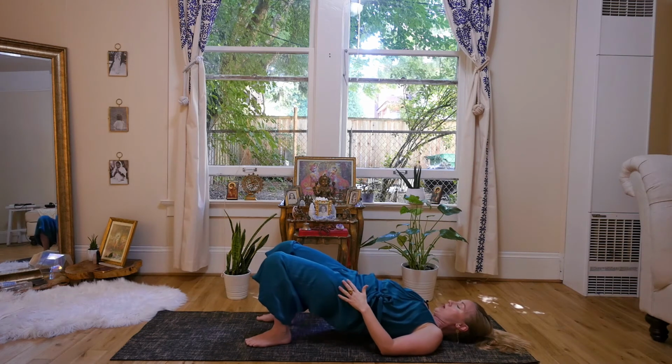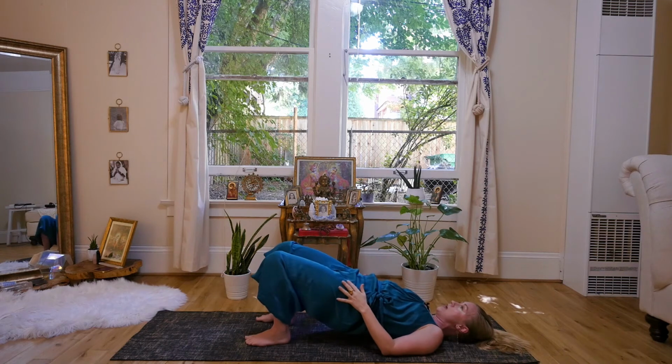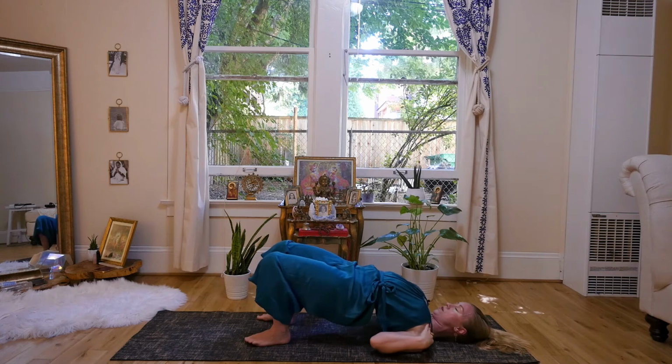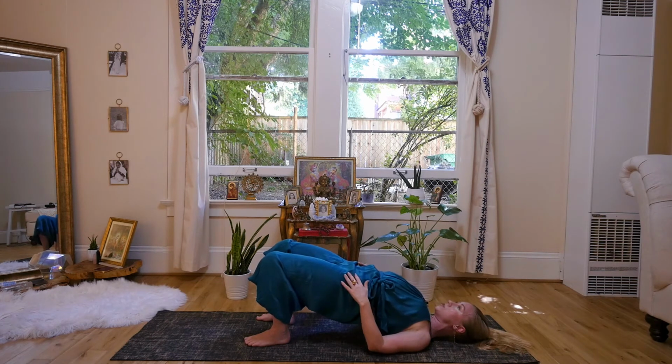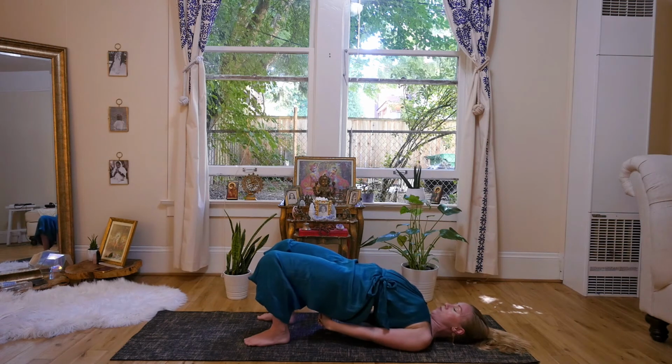So lifting up, you can imagine even a strap along your thighs, whereas your legs stay parallel rather than splaying out. See if you can engage maybe even that internal rotation. Your shoulders can kind of walk underneath you even. And I'm protecting my neck by placing the back of my head firmly into the mat. And I can even lift my chin up slightly away from my chest to engage that action further. And then I'm going to walk my hands underneath me and clasp them here while I press down to lift up my glutes, engaging my pelvic bowl,